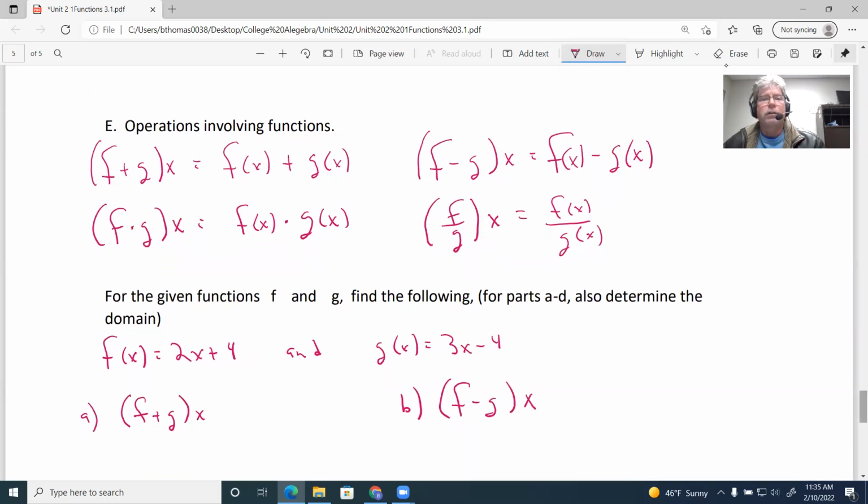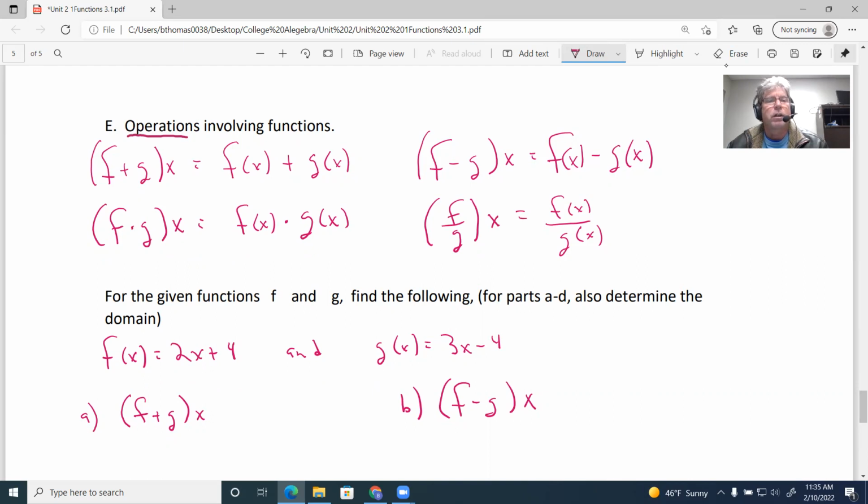So lastly, operations involving functions. We have basically 4 basic operations: adding, subtracting, multiplying, dividing. That's what I mean by operations. Adding, subtracting, multiplying, dividing. So one of the things we're going to pick up on is you're going to see